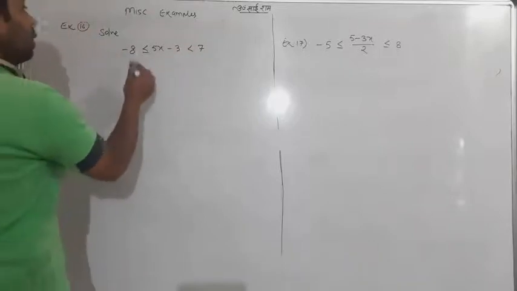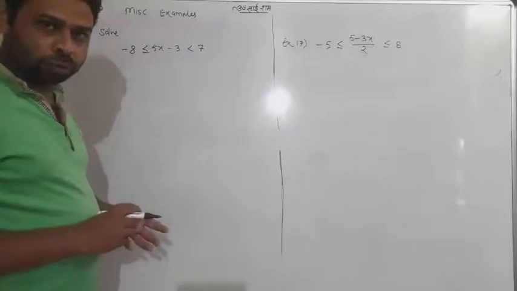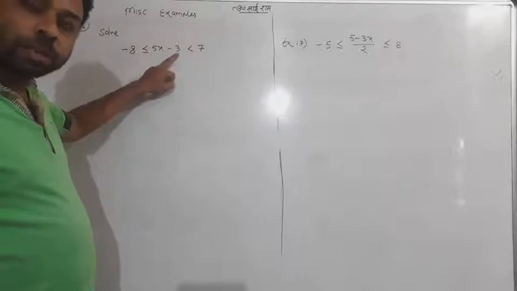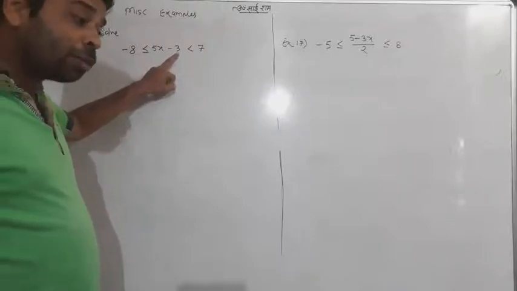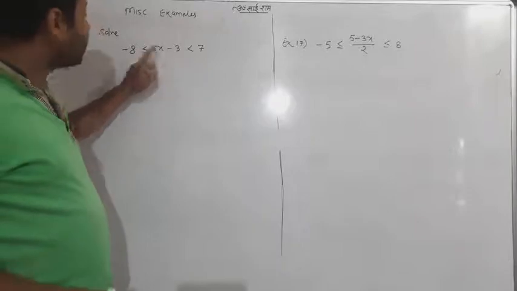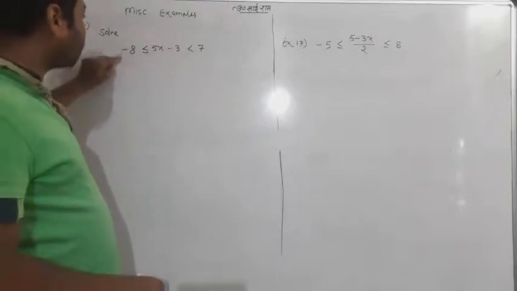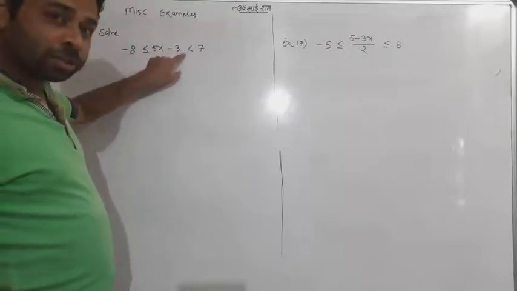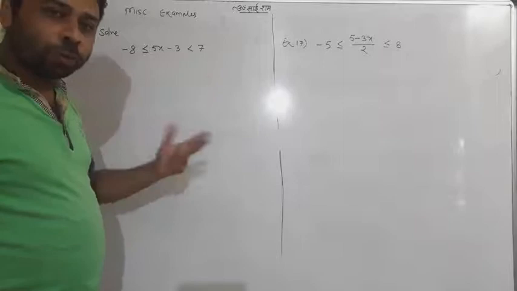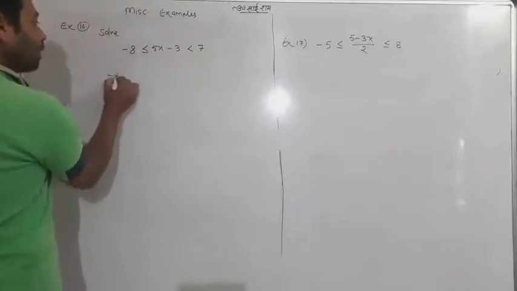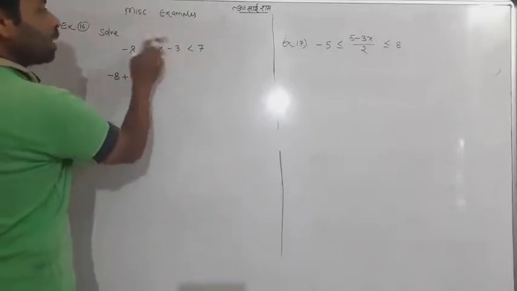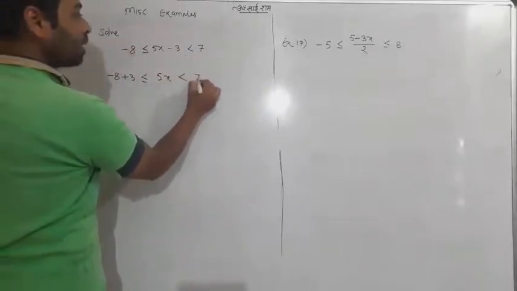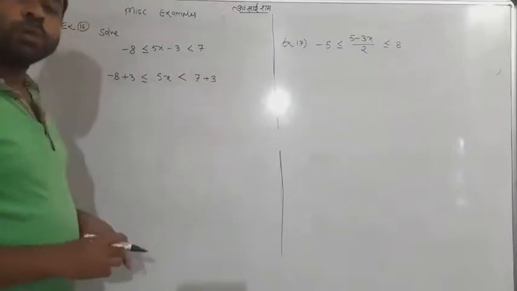Like I tell you one thing. Two languages we can use. First, it is a minus 3. You can understand that how can minus 3 be eliminated? When 3 will be added. So we can write 3 will be added in all the parts. Like minus 8 plus 3, 5x minus 3 plus 3, 7 plus 3. So one can simply understand what to do. Minus 8 plus 3. Simply you can transfer also. Very same meaning. Here only 5x remaining. And here it is 7 plus 3. So you can understand by two ways.